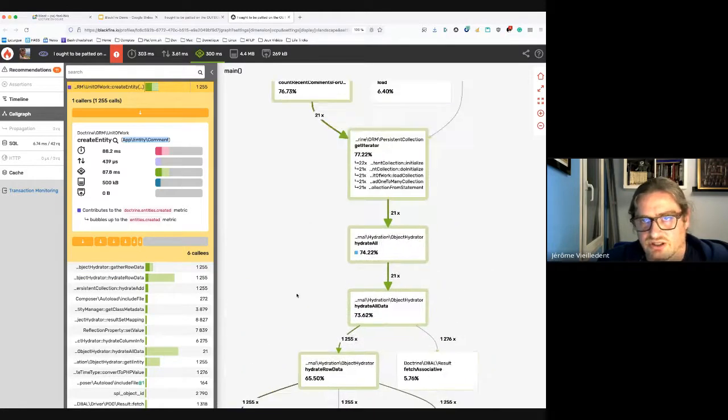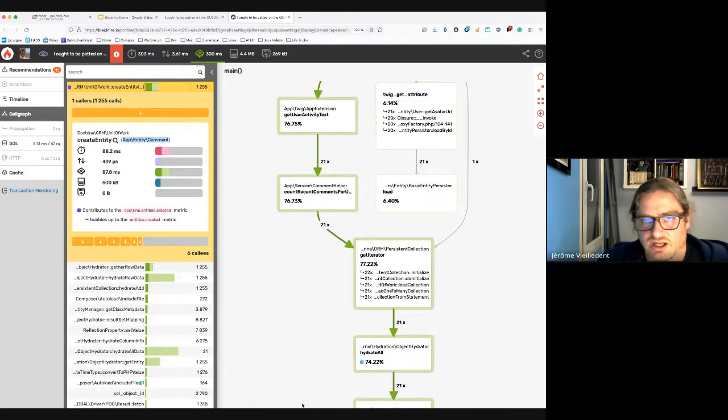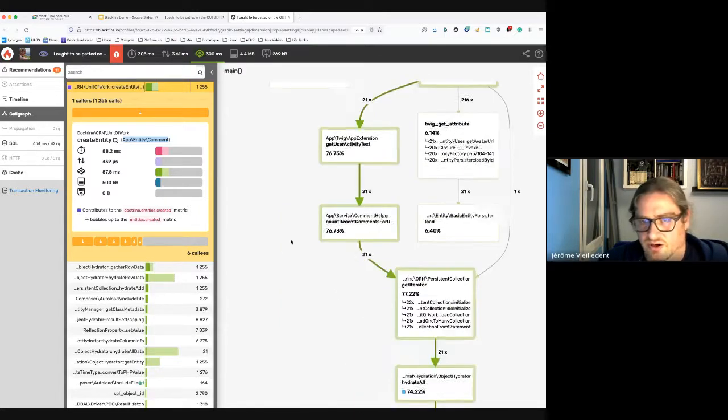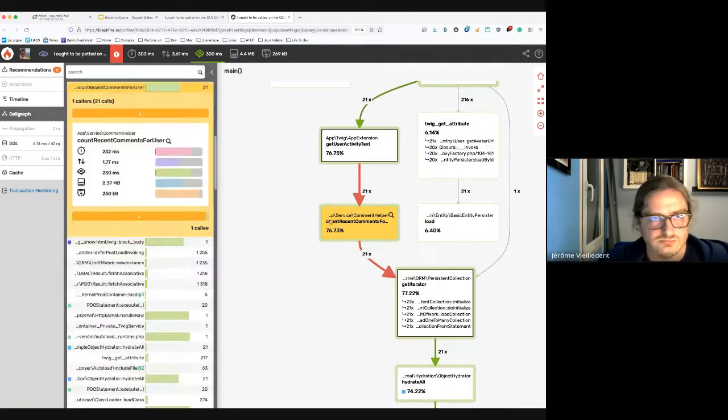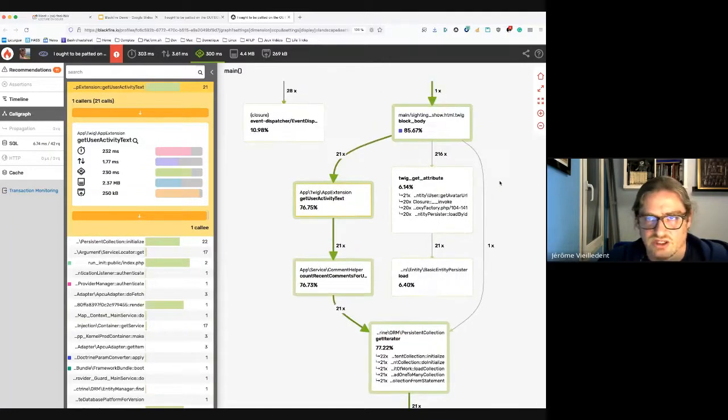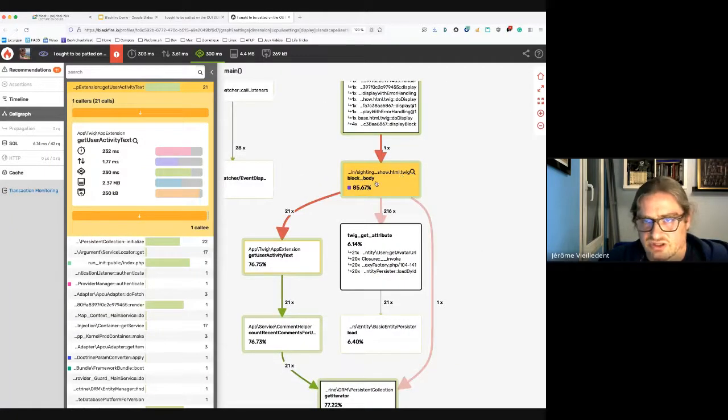Yeah, still doctrine internals. Yeah, here we go. This is from our application, right? App service comment helper. There is something here, and get user activity text, which is being called by this template. I won't get into details of what's going on here, but clearly now we know where to look.